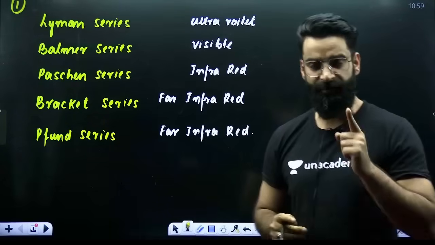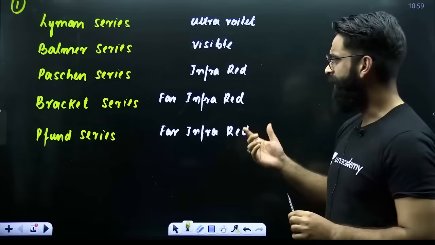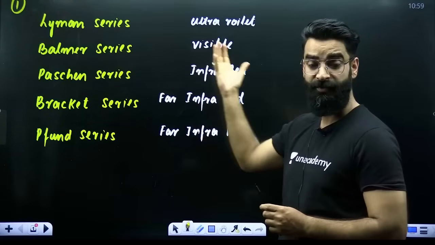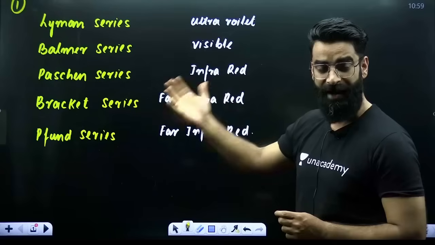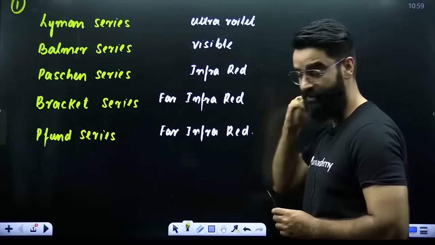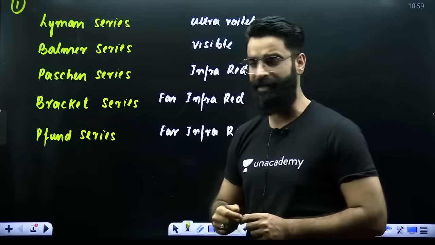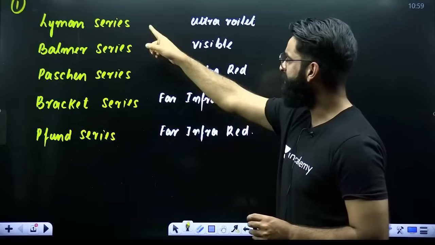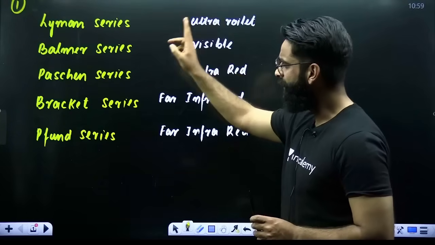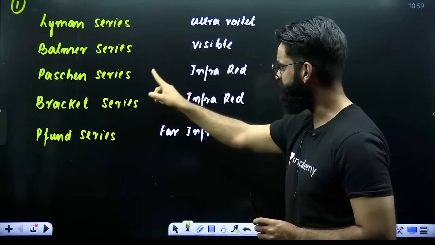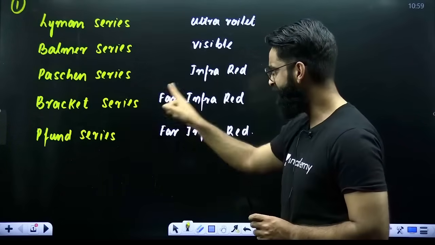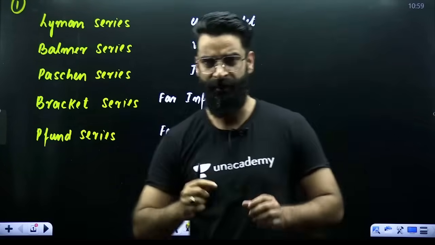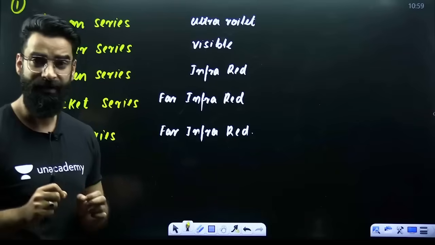The first question, which is frequently asked in your NEET examination: Lyman series falls into which region? Balmer series falls into which region? Paschen series, Brackett series, and Pfund series into which? My dear students, you just have to remember one thing: UVIII. Lyman series falls in ultraviolet. Balmer series falls in visible. Paschen series, infrared. Brackett series, infrared. Pfund series, infrared. This is a complete memory-based question, which is frequently asked in your NEET examination,